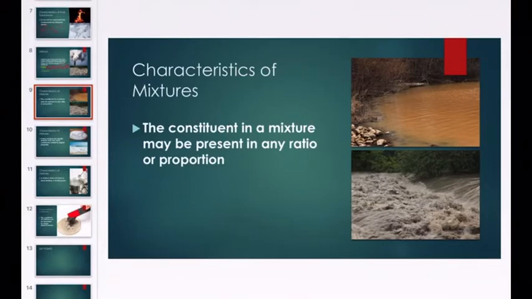The constituents of a mixture may be present in any ratio or proportion. Now let's take this first example. Here you see it's muddy water, but the content of water is more, mud is less. More of the mud is settled at the bottom, and above that layer it is water. However, consider the next picture. It is dirty drain water mixed with a lot of mud and dirt in it. So both are muddy water, both are mixtures, but the first one has a different ratio of water and mud than the second. First one is more water, less mud. Next one is more mud, less water.